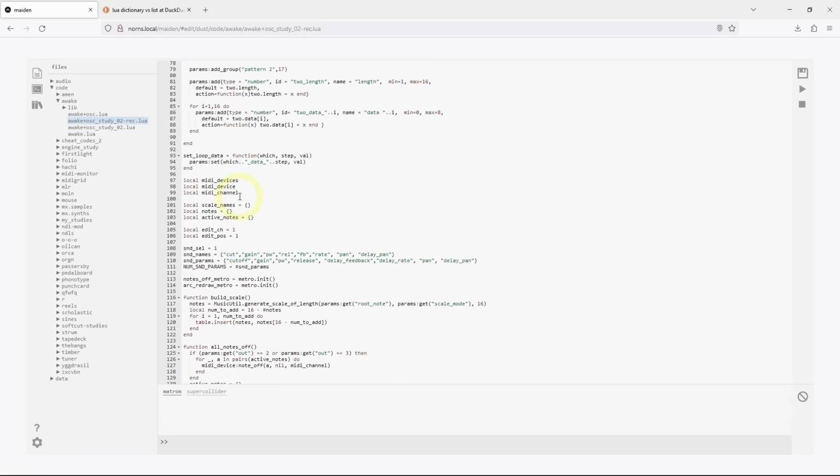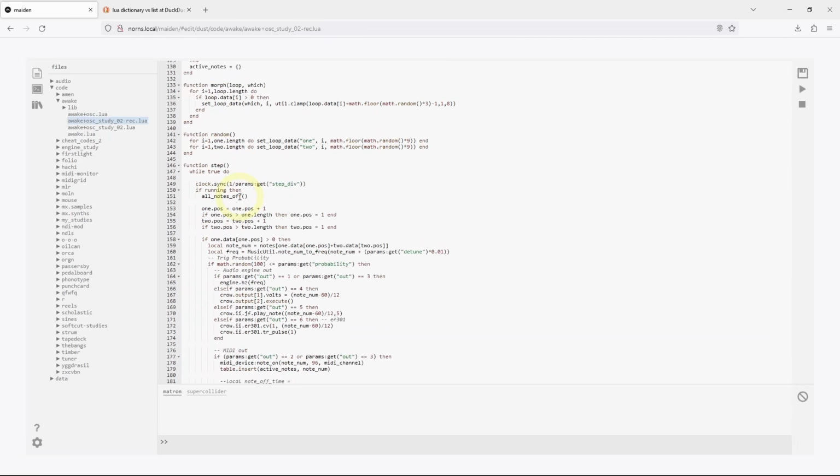Next, we're going to scroll down through this code until we find the step function. The step function is what drives the functionality of the step sequencer. So we've got things like controlling our audio engine, sending MIDI, etc. And we're going to add a line of code right after this line here, 162 in my case, if math.random